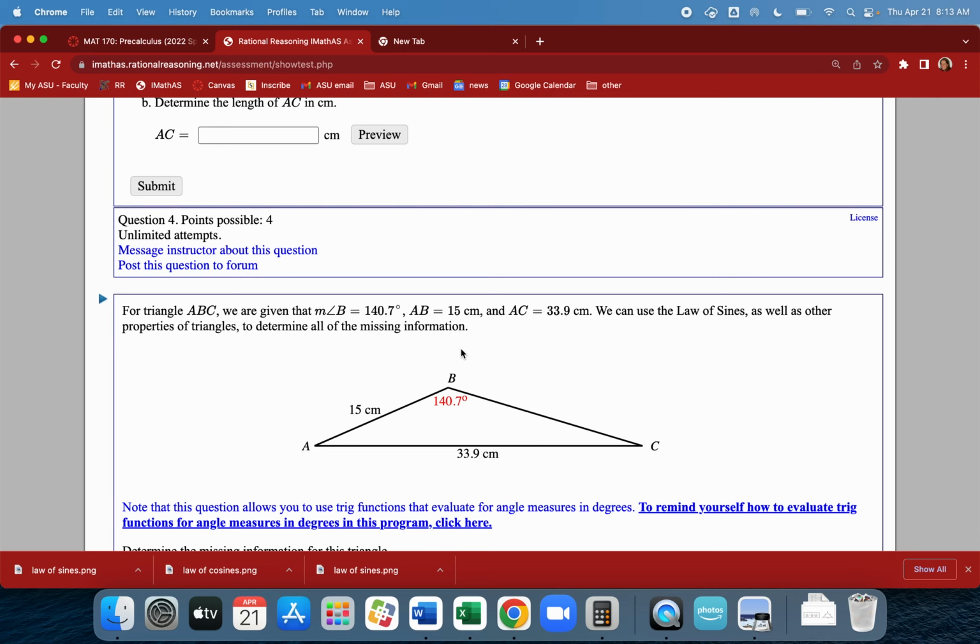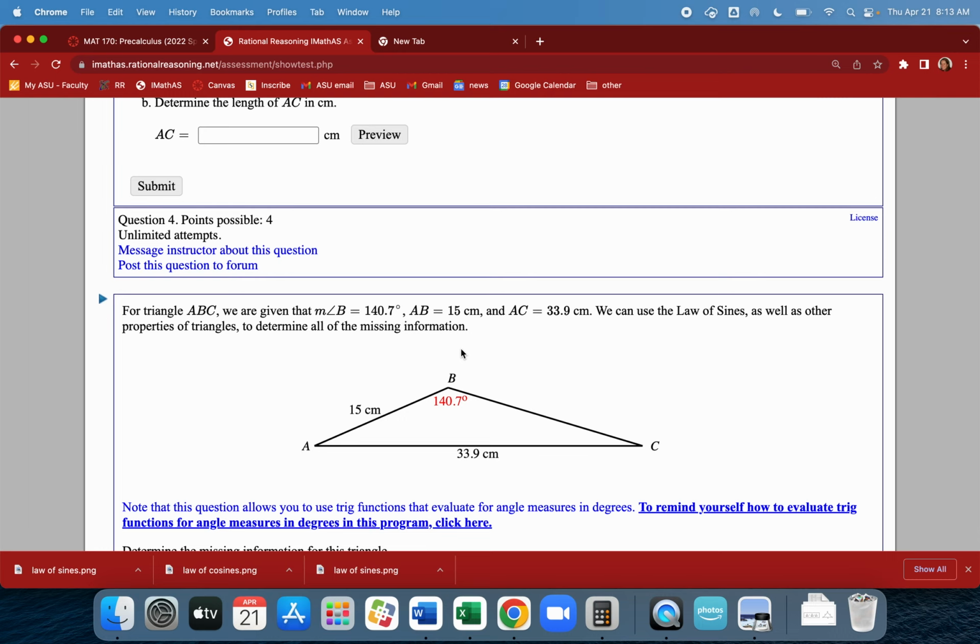So I'd get sine of 55 times 14 equals lowercase a times the sine of 90 degrees. Now if you put this in a calculator separately, you might see sine of 90 is 1. So this would come out to be the same as a is